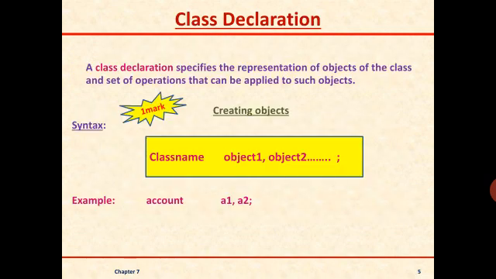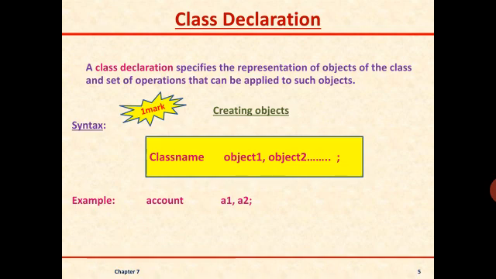So in the first step we have learnt how to create the class. Now the second step is we have to declare the class. Here a certain differentiation is there. First we have just defined it, now we are declaring it. Declaration means representing the objects of the class. Just we have defined the class. Class means it should include the member functions as well as the member data. We have defined it, but now we have to create the objects of that class. So this is the second step in writing any C++ program.